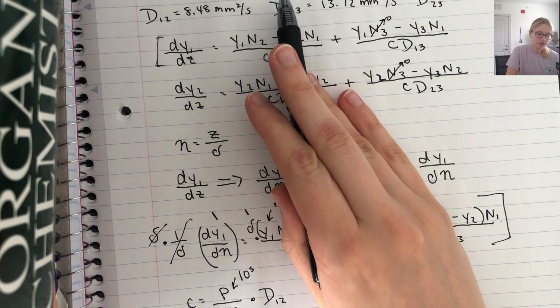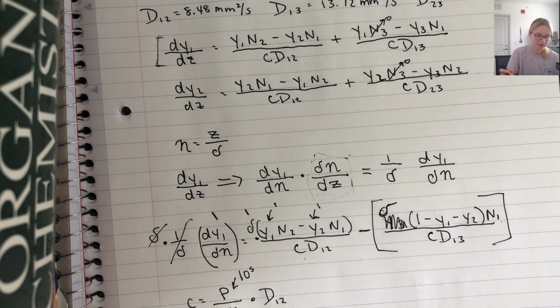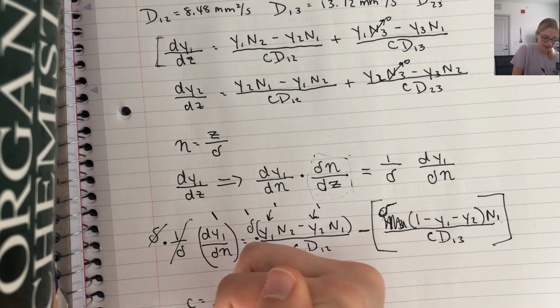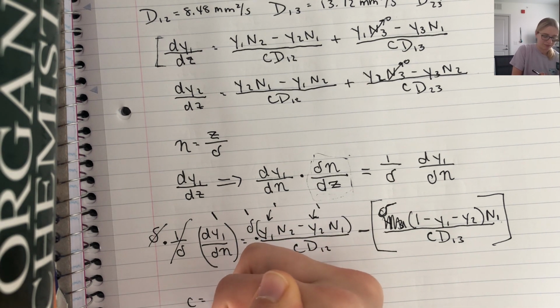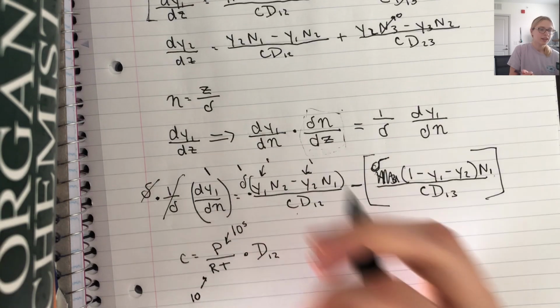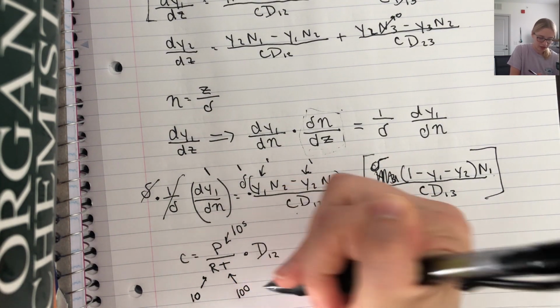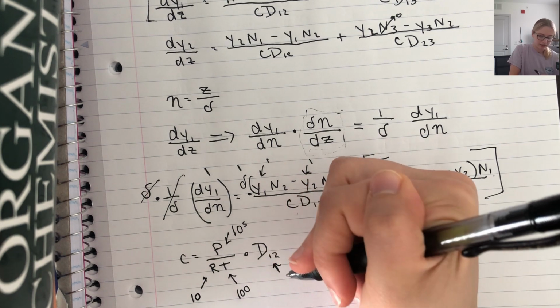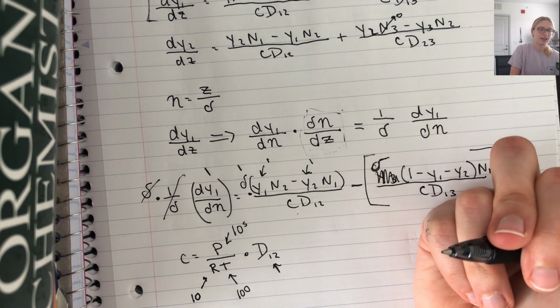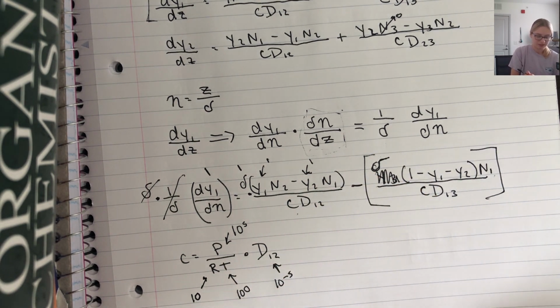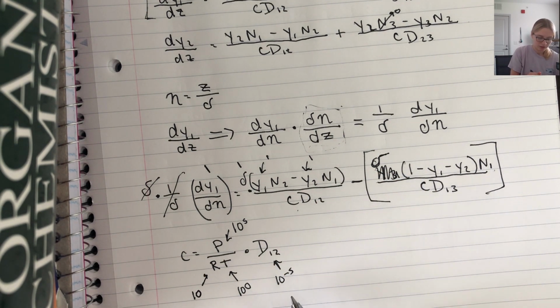And then the ideal gas constant we know is about 8, so that is an order of magnitude of about 10. And then temperature is 325, so that's an order of magnitude of 100. And the Stefan-Maxwell constant for a gas has to be 10 to the negative 5th meters squared per second. So we know this order of magnitude. So these cancel out